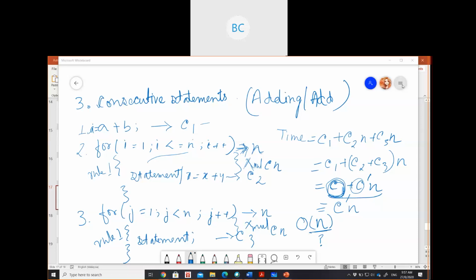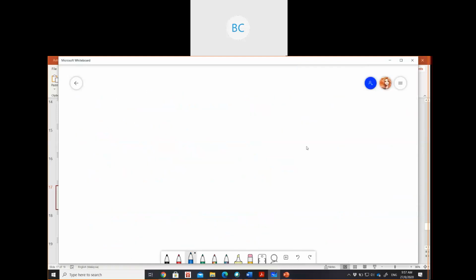Okay, let's see what will happen for the if else statement. Number 4 is if else. So what's the general structure for if else statements? Okay, see, in some programs within an if else condition we again have some looping thing, right?